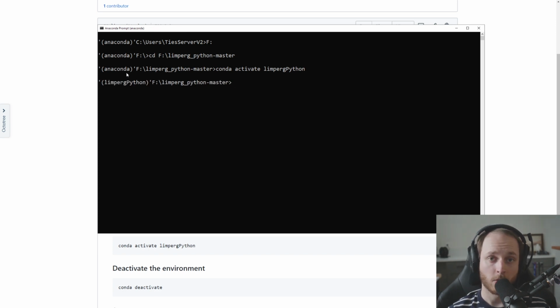Now, if everything went well, it should not throw an error, and you should now see in front here reflected that we're now in the Limburg Python conda environment. And now anything Python related that we're going to do will be using whatever we installed in that environment. Whenever we install new packages, it's all going to be contained in that particular environment. And if we switch out of the environment, which we can do by typing conda deactivate,